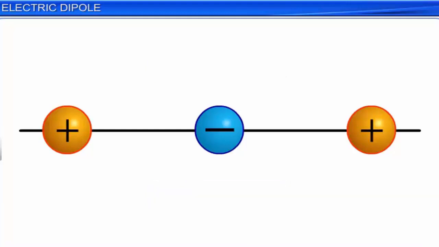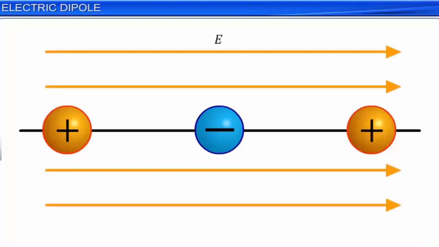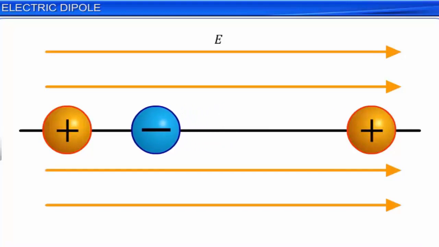However, when a non-polar molecule is placed in an external uniform electric field, the electron orbits get distorted due to the force exerted by the external electric field. This results in the separation of the centers of positive and negative charges. The negative charges move in the opposite direction of the electric field, whereas the positive charges move in the direction